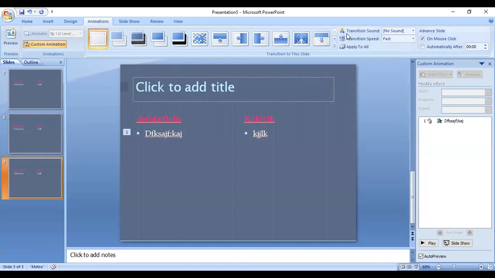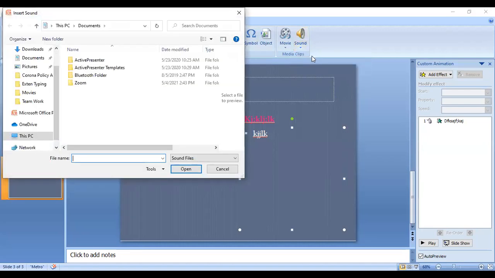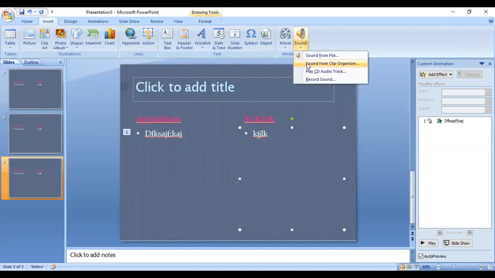Here is the option to insert the sound. In insert, you also have this option, sound. Clicking this, you can find the sound here.